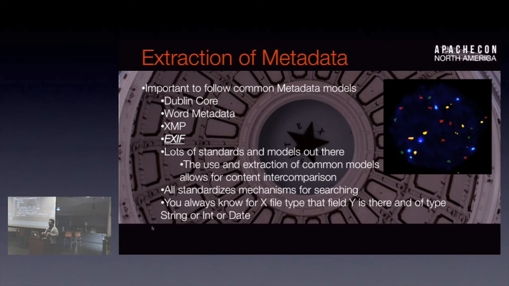EXIF for images, and I'll talk about that today. If you take an image nowadays, it's got a lot of metadata in it that's defined by this thing called EXIF, right? A lot of your camera phones and stuff like that may have things turned off to show things like location, but it doesn't have other things turned off. For example, like camera model number and things like that, camera type, right? Whether or not the camera flashed when you took a picture or not. Lots of useful information in there that's defined by things like EXIF. So there's lots of standards and models out there.